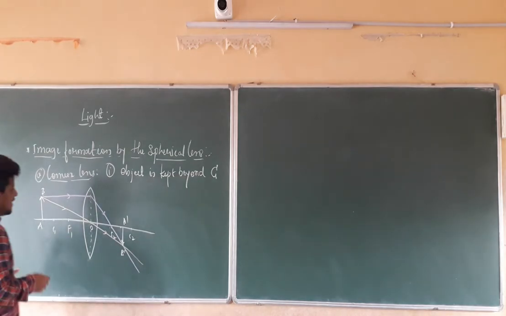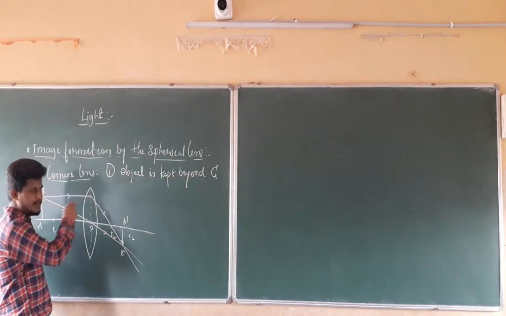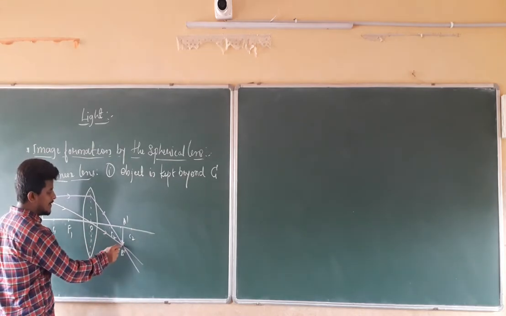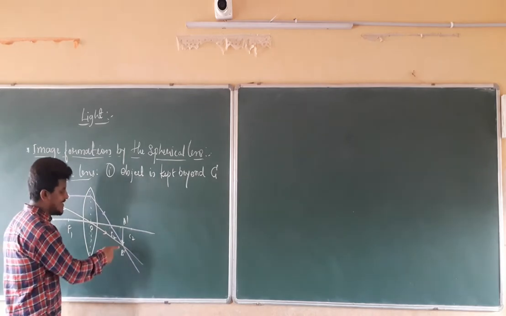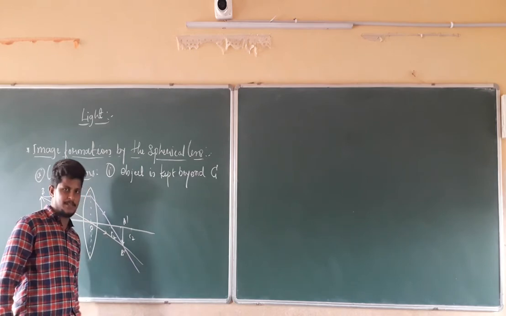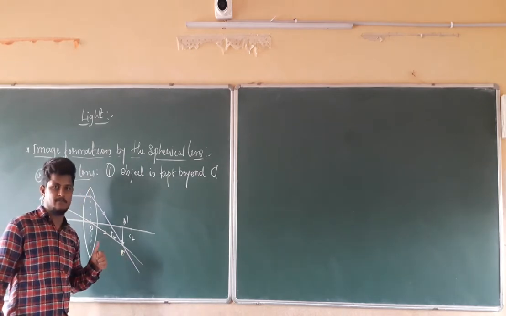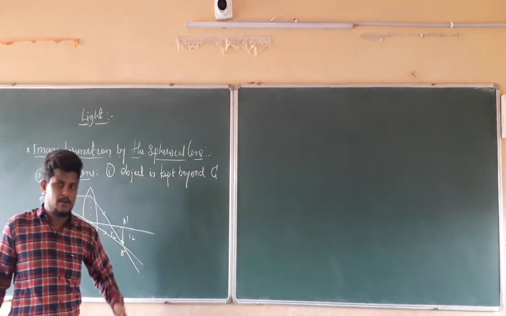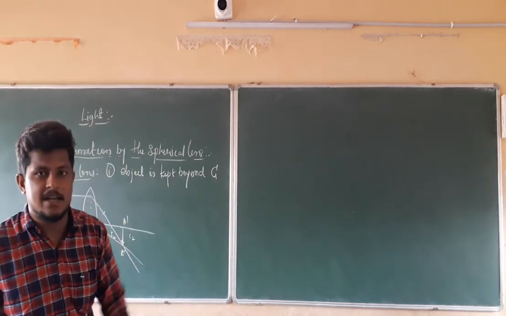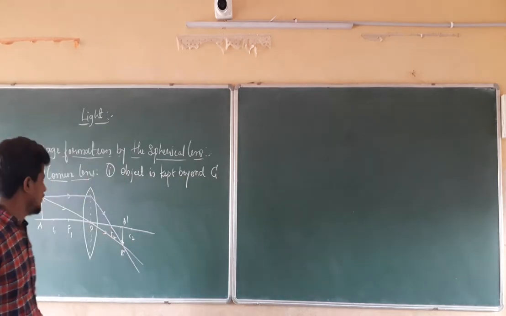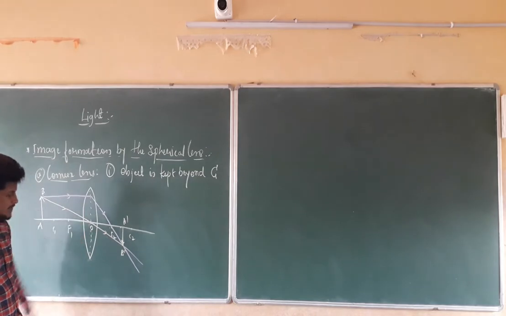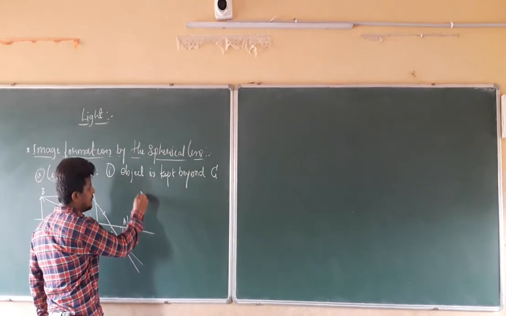When you check this ray diagram, this is the original light ray which is refracted. This is also the original light ray which is refracted. Both are merging at a point. That means we can say that this is a real image. Both the original light rays are merging, so we can say that it is a real image. If you remember the previous classes, I told you that any inverted image will be a real image. When you see this image, how does it look? It is inverted, so the nature of the image can be said there.